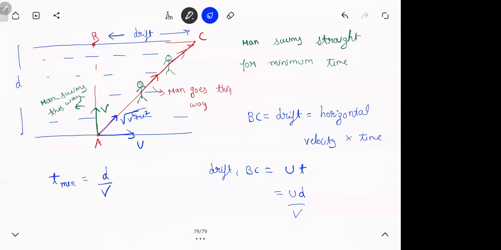Clear, yeah? So the main logic is, to cross the river you have to cross distance d. So in this direction, whichever velocity is maximum will go fast. Because see, this is not in your control. The river will take everyone with its speed, and that is useless anyway. That will never help you to cross the river. Clear? Let's see a problem.